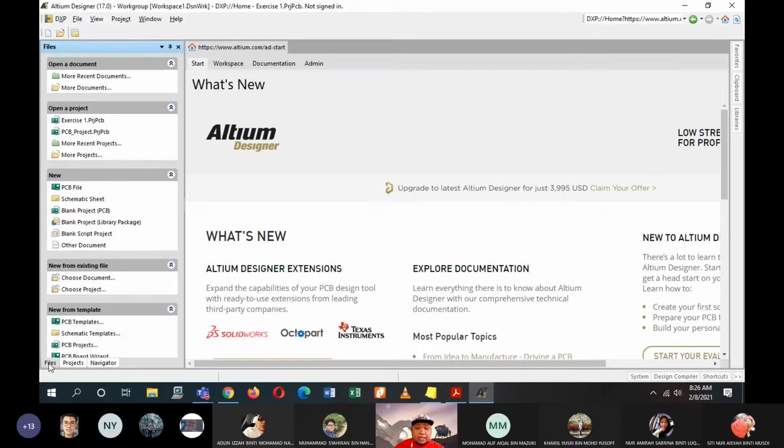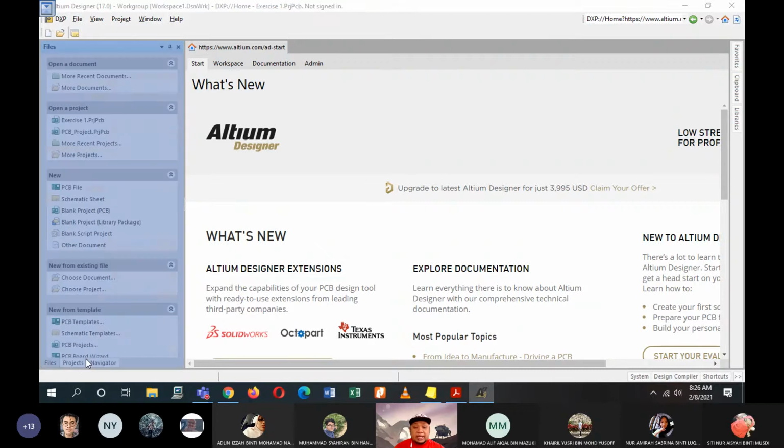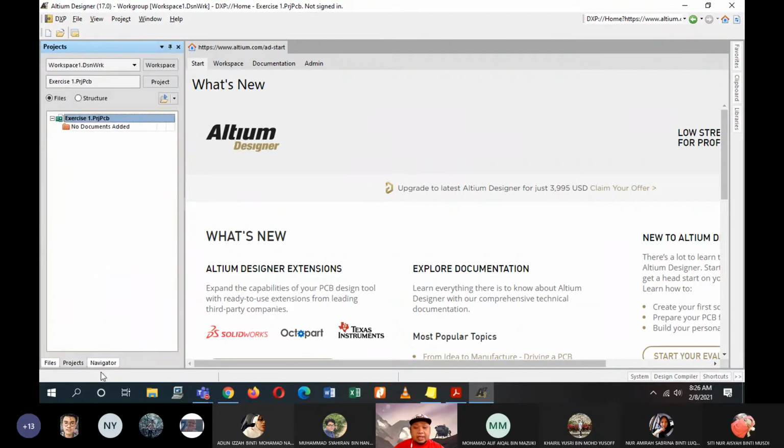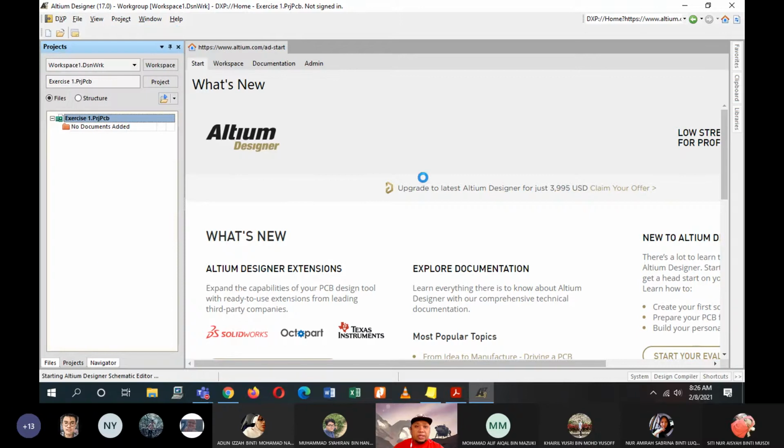Alright. Just make sure later when you look at this tab, the project file is missing. Don't worry, just click back on your project tab. So it is still here. Make sure you are on the correct tab. If you are on the wrong tab, then you couldn't find your project. Okay, so new schematic.